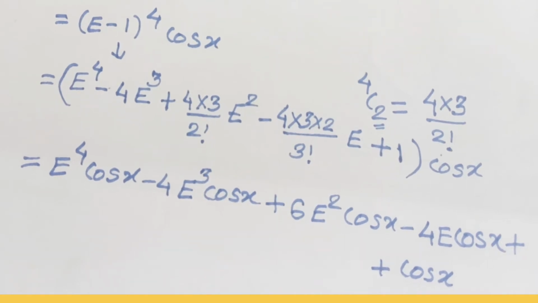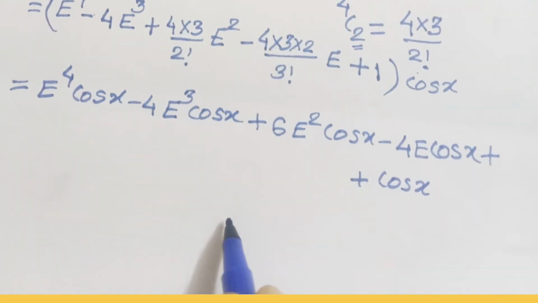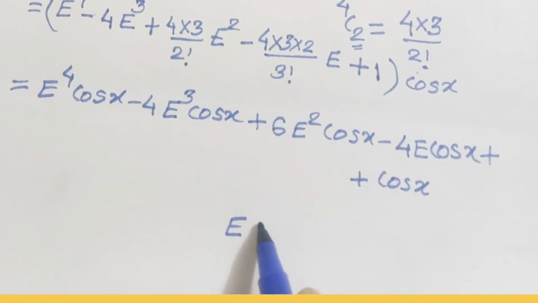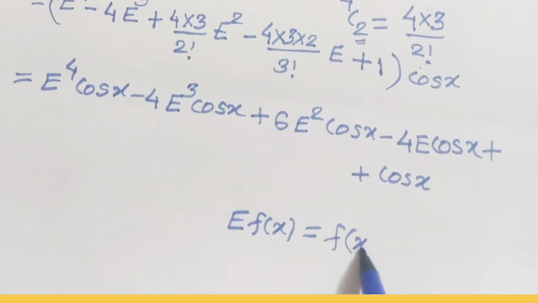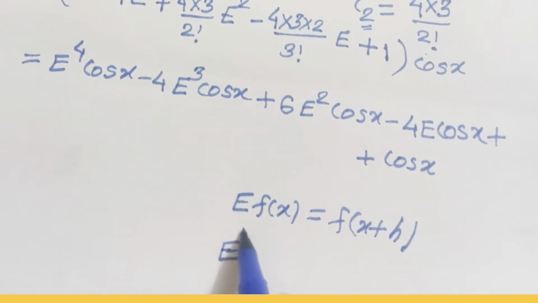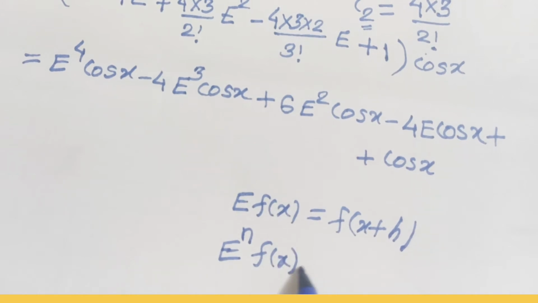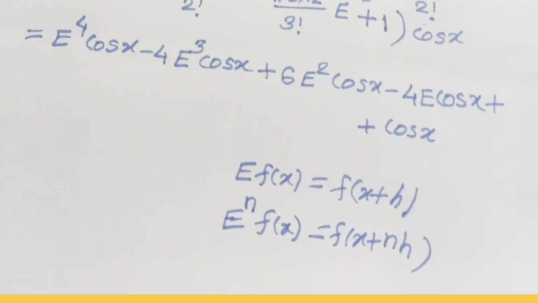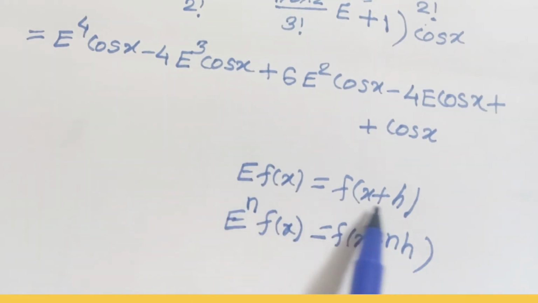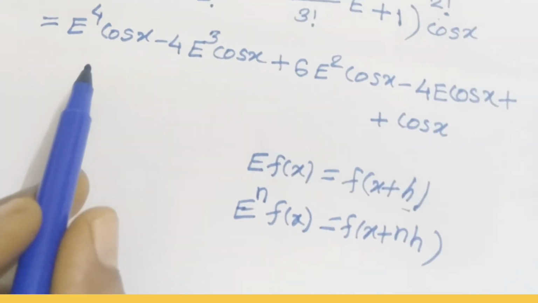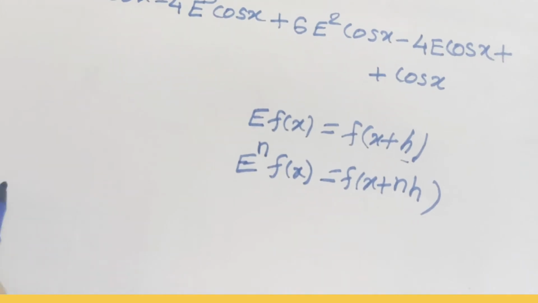Next we use the definition of the shifting operator. As you know, e f of x is nothing but f of x plus h, and if we apply this shifting operator e n times on any function, then we get f of x plus n h. Using this standard formula, we apply it here to delta raised to the power 4. Again the interval difference is h. So if we simply solve this term, then we get